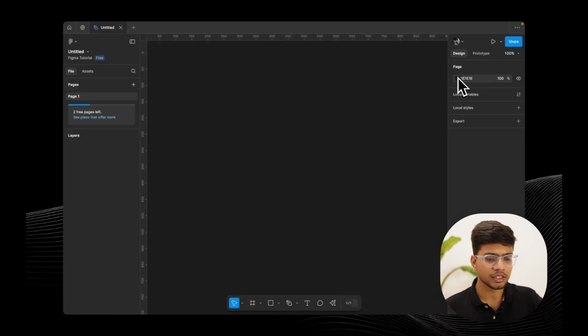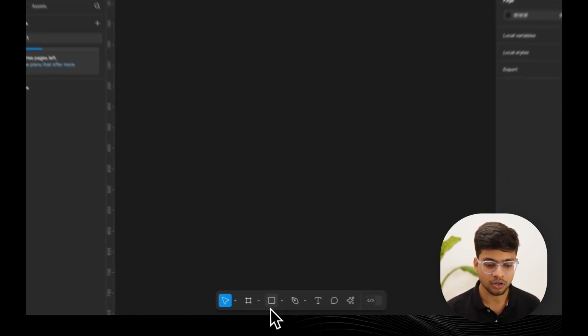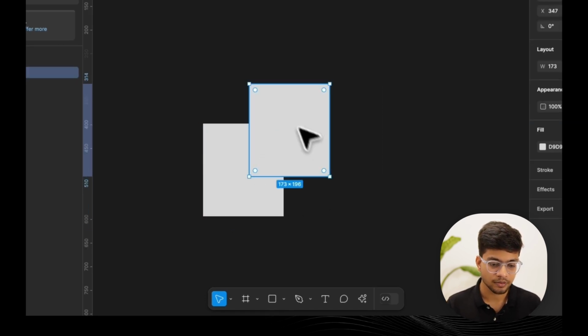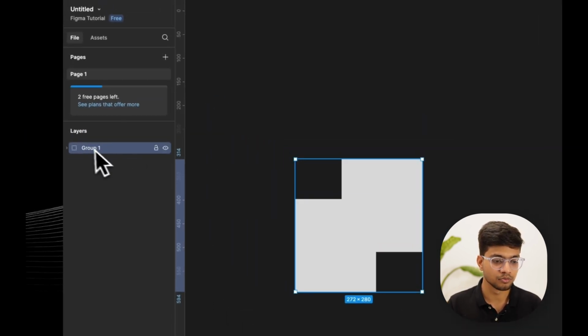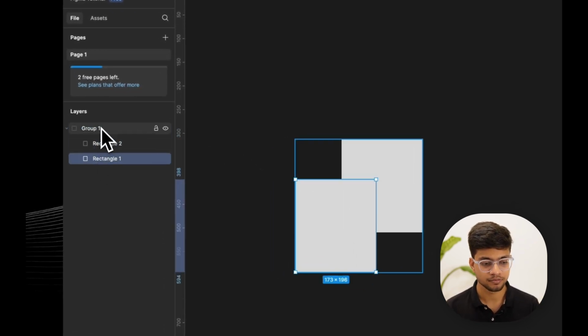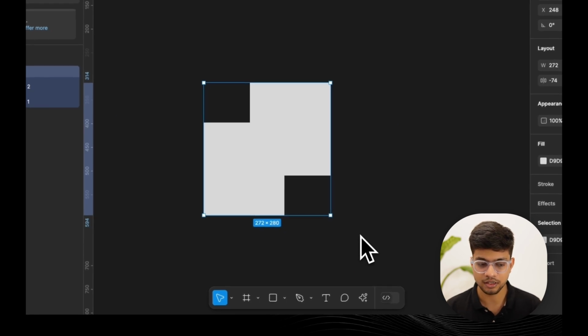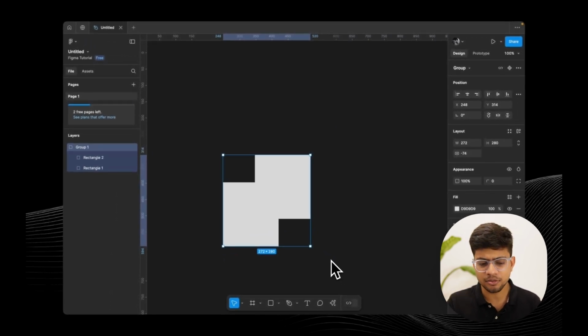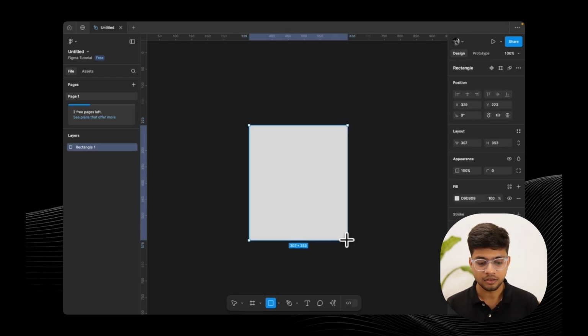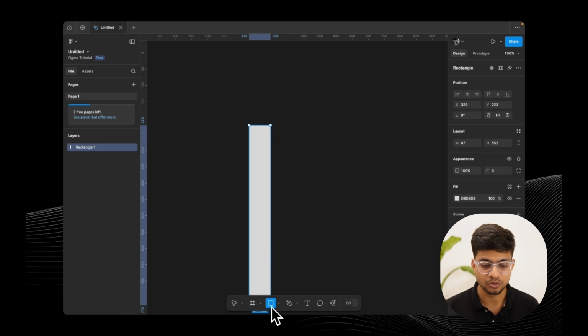You will notice the design screen consists of 4 important parts. The left sidebar consists of all of the different design layers that we will be creating throughout, and this is also as per hierarchy. Now that I have grouped it, you'll notice that this has created some hierarchy. But we'll discuss this grouping and the other best practices a little bit later. For now, we'll create a very simple design for someone just getting started.